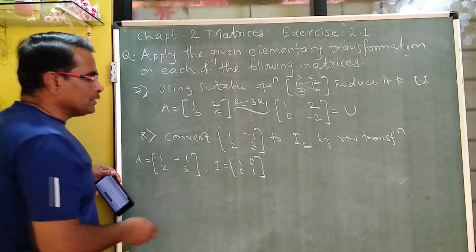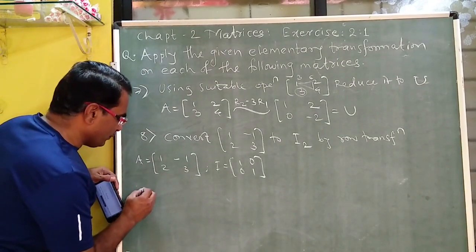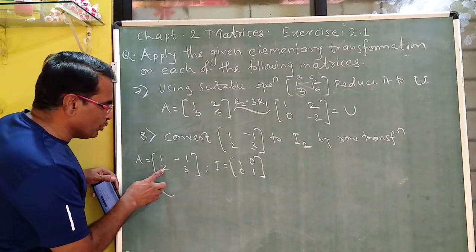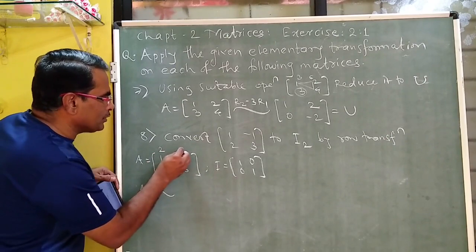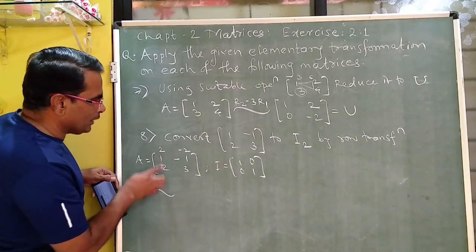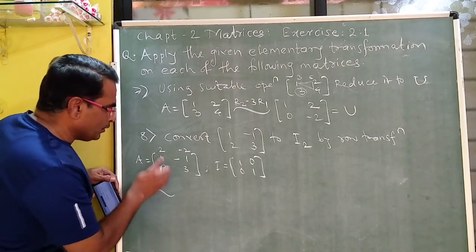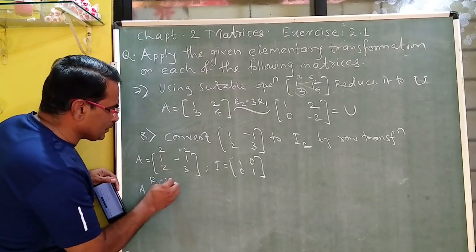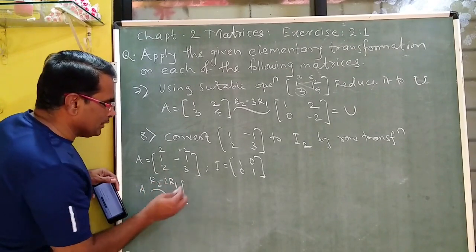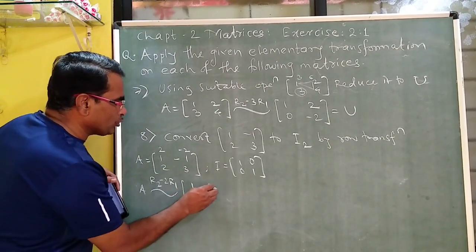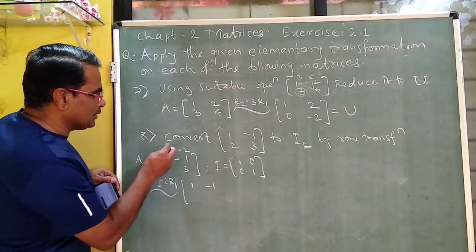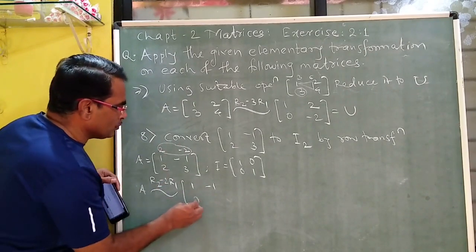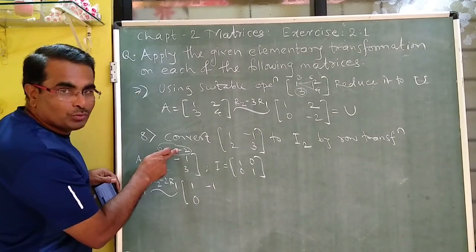This element we have to make 1, and then this element we have to make 0. And therefore, you have to consider the first transformation on A, that is to reduce this element to 0. It is clear that if you multiply this by 2, then 2 minus 2, that becomes 0. That is, first row multiplied by 2 and that is subtracted from second row. So the operation is R2 minus 2R1. And with this, there will be no actual change in first row. 1 minus 1 remains as it is. This change is temporary. And therefore, 2 minus 2, 0. 3 minus of minus 2, that is